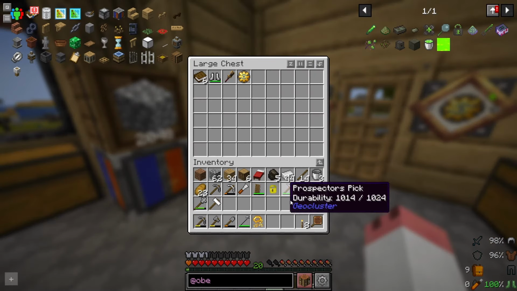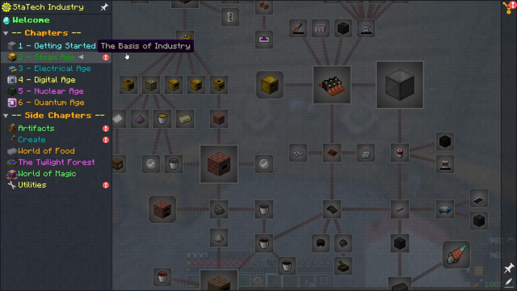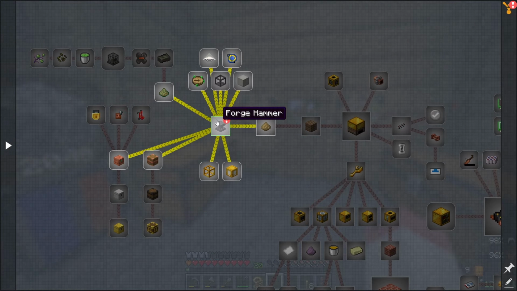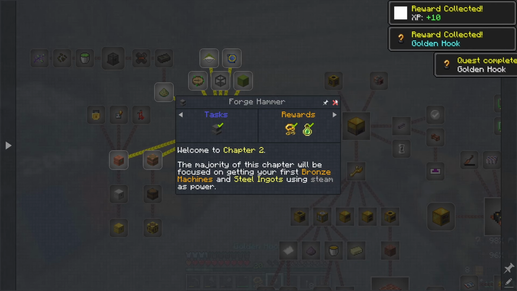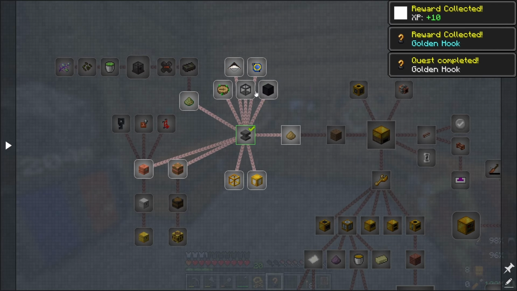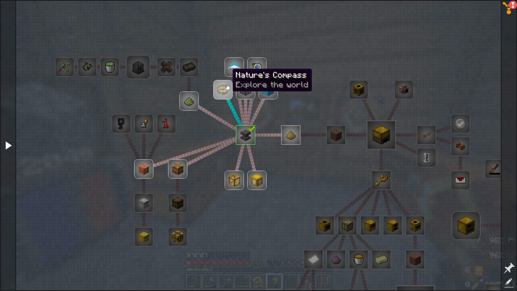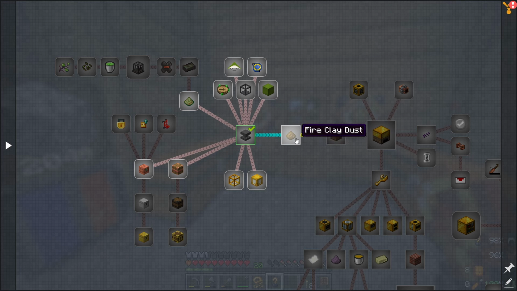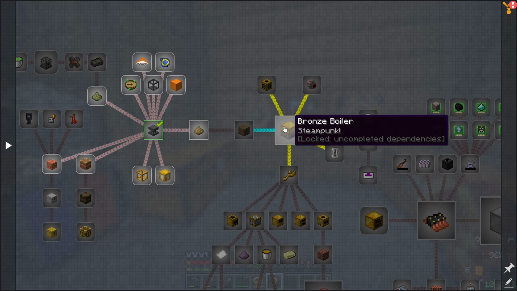Anyways, all right, so we did the forge hammer. That should unlock this, which also gives us chapter 2 rewards. Okay, golden hook. Right on. Now, all of these up to the top, these are going to be sort of extra bits and bobs that we don't really need to do. Same thing to the bottom. They're just kind of helpful. Same thing to the back. All this is helpful stuff, and this especially. But in order to move truly forward, we need to get to the bronze boiler,